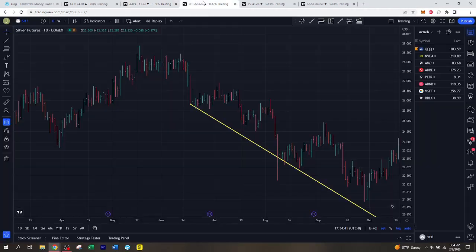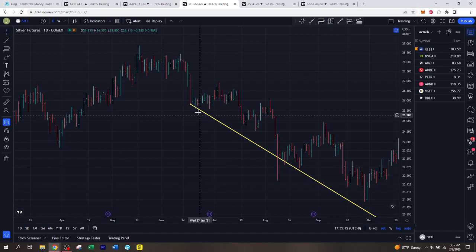Moving on to our next market structure definition, we have lower lows. So lower lows are bearish market structure. Bulls are no longer stepping in to buy support. So if bulls were buying support, you wouldn't see a pattern of lower lows. You would either see a sideways consolidation or you would be seeing those higher lows. So this tells you when you're seeing lower lows that sellers are now in control, pushing prices lower. Any moves in the market are considered dead cat bounces that entice bullish traders into buying just to have price